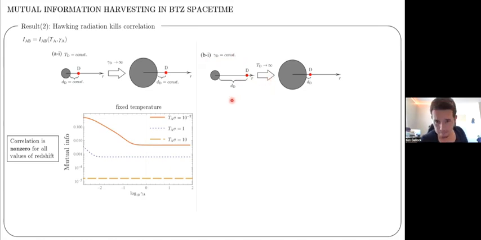In this case, it corresponds to the detector. If you want to look at the low temperature regime, you want to put the detector really far away from the event horizon of a small detector, small black hole. And if you want to increase the temperature, then you need to put the detector really close to the event horizon of a huge black hole, right?